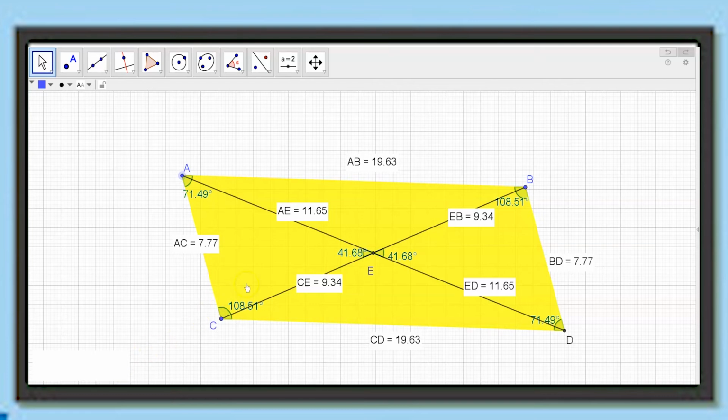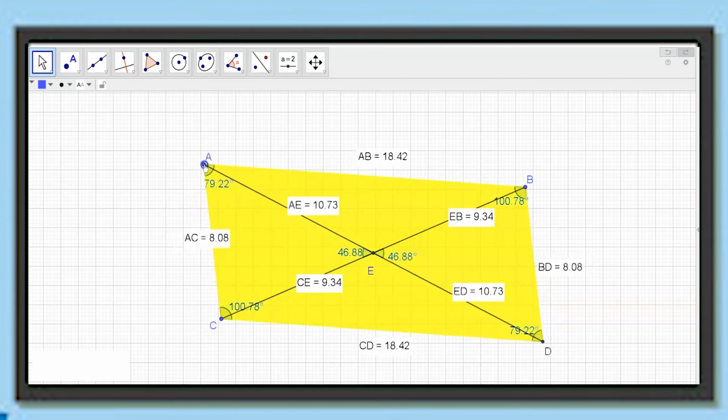So here I have a parallelogram with all its angles and the sides along with the diagonals marked. So let us see how this parallelogram can undergo a few changes and hence it can become a rhombus. Now in a rhombus, all the sides have to be equal. So I have to convert this parallelogram into a rhombus, means I have to make all the sides equal. Now see how I am going to do that.